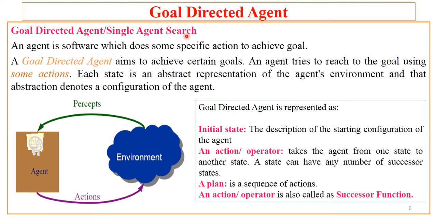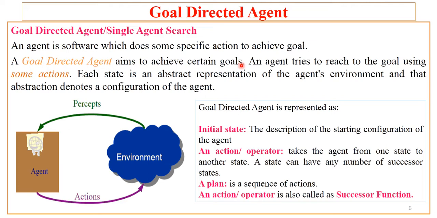The overall intention of writing an intelligent software program is to do some intelligent task, and that program is the agent. We have already seen this. The goal directed agent aims to achieve certain goals like solving the 8 puzzle, n queen problems, or say 8 queen problems, or even the tic-tac-toe problem, or so many other problems